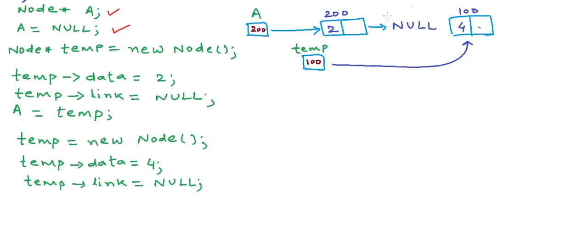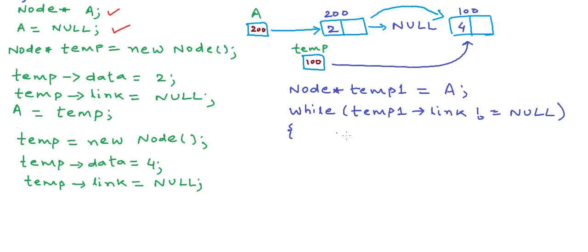Now all we need to do is build the link of this particular node, write the address of this newly created node into the address field of this last node. To do so, we will have to traverse the list and we will have to go to the end of the list. To do so, we will write something like this. We can create a new variable temp1 which will be pointed to node, and initially we can point to the head node, point this variable to the head node by a statement like this. We can write a loop like this.